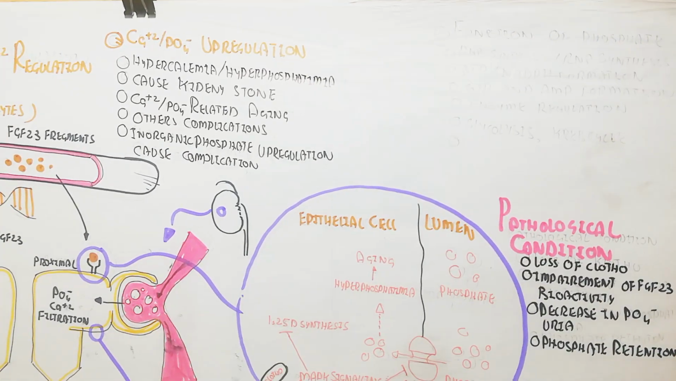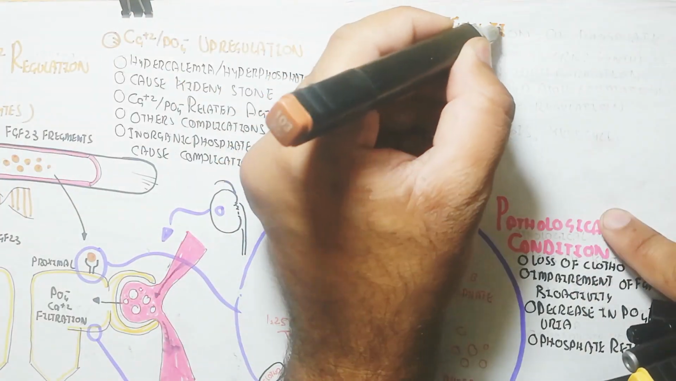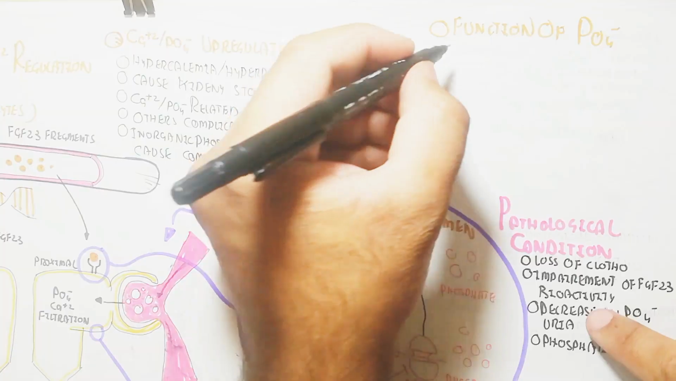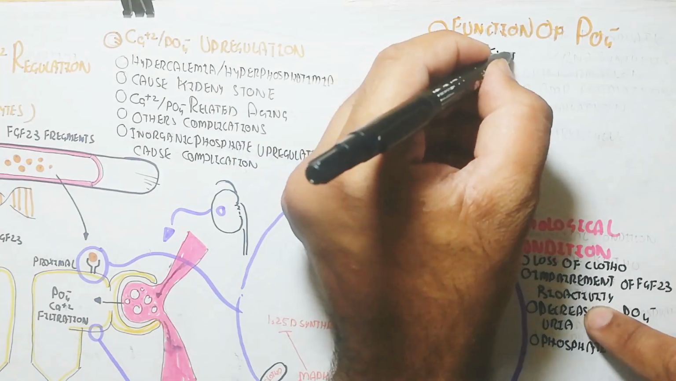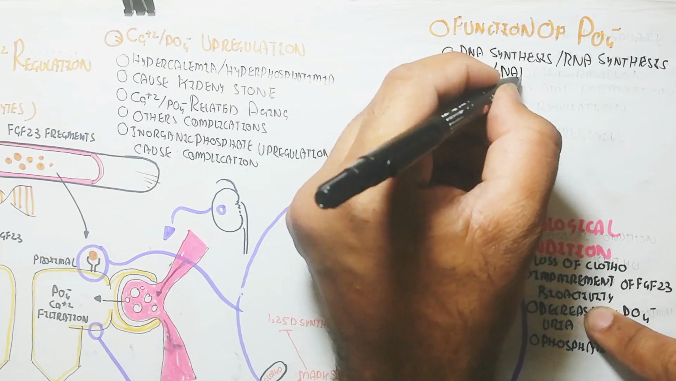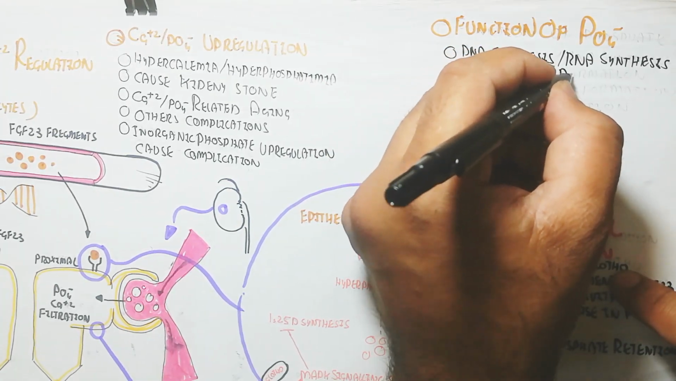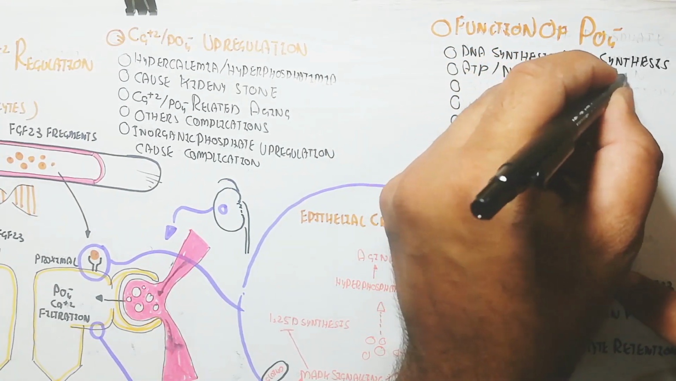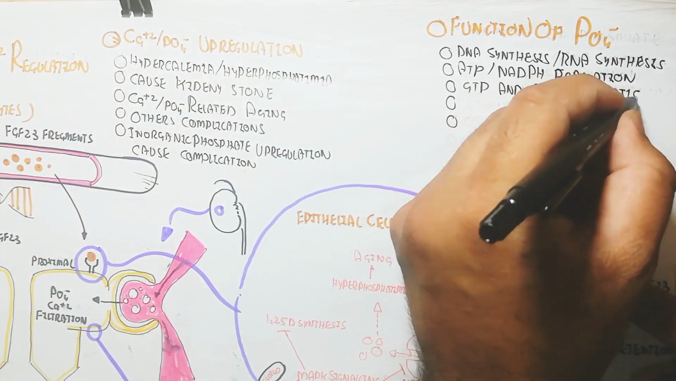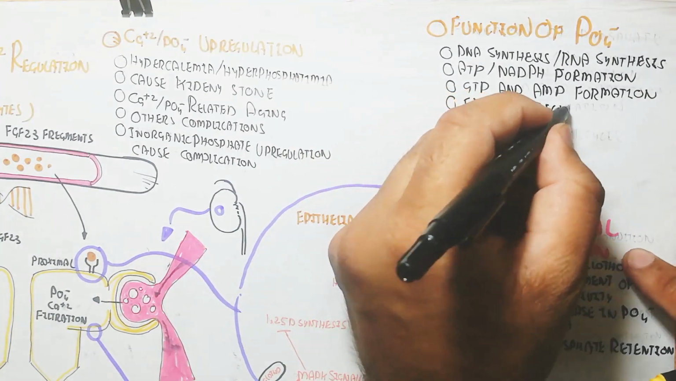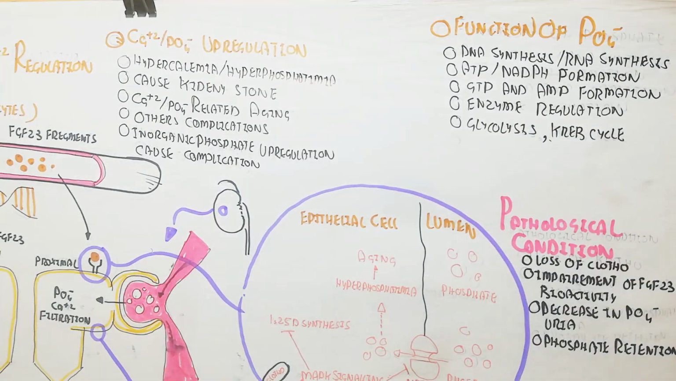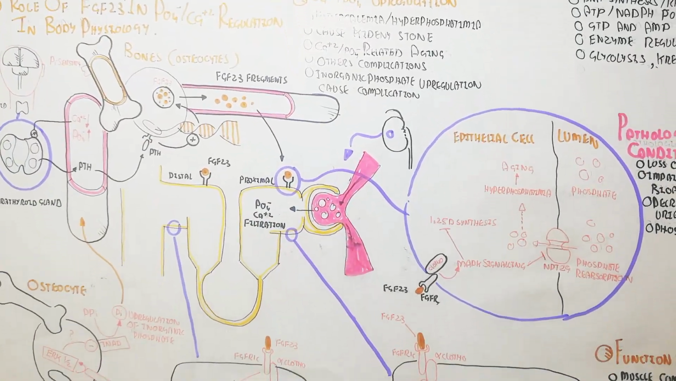Anyhow, let's understand the function of phosphate. The function of phosphate is DNA synthesis, RNA synthesis, ATP production and NADPH formation, GTP and AMP formation, and in this way energy-related things are synthesized through phosphate. Enzyme regulation, glycolysis and the Krebs cycle are also important through phosphate. So phosphate is very important, and the normal level in the blood is very important because phosphate is